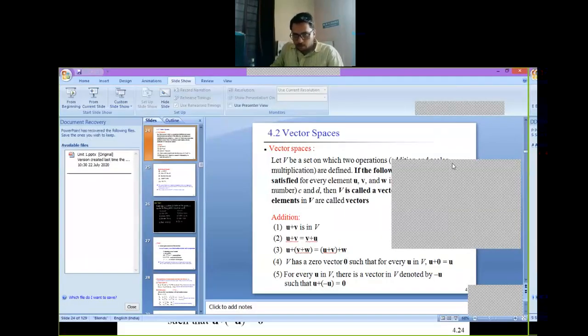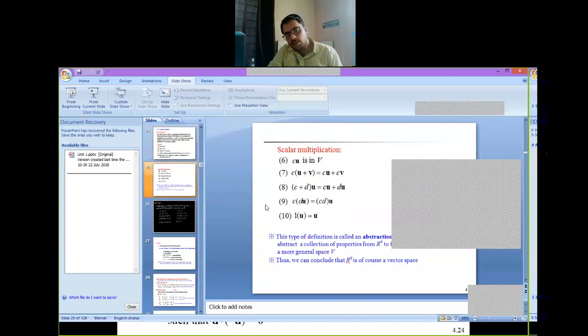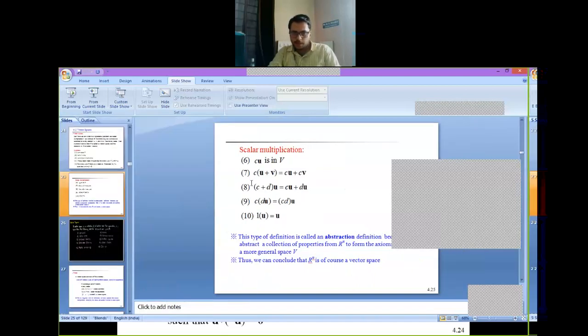Yes, Abhishek, correct. It will not satisfy the condition. So the scalar multiple condition is getting violated, which is axiom number 6. If you remember the sequence, please see on the screen, which is axiom number 6. So you must be getting the difference now. So Cu is not in V. Scalar multiplication says that Cu should be in V, but it is not in V because V is the first quadrant only, and we are getting the result in the third quadrant.